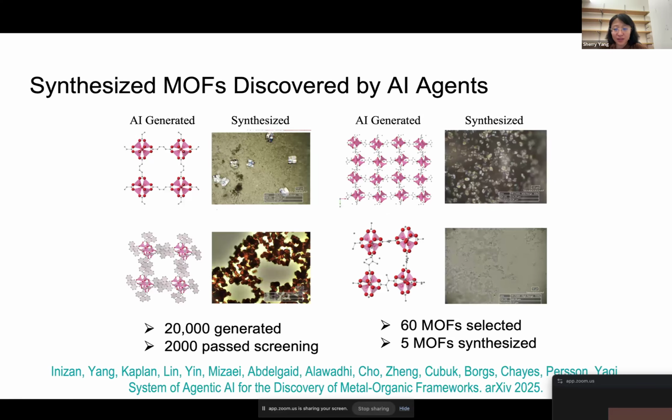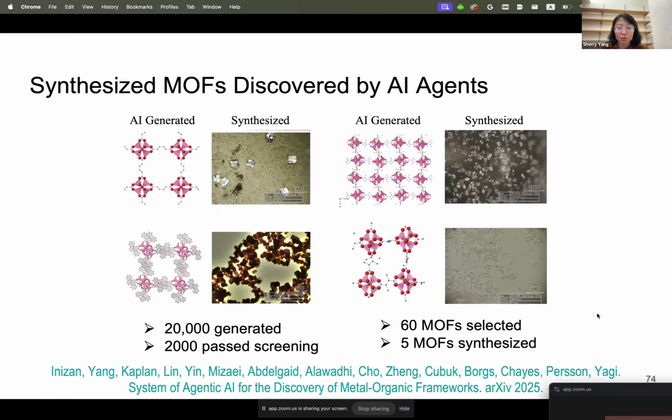So I think this is worth pointing out, where we actually were able to collaborate with experimentalists. Omar Yaghi actually recently won the Nobel Prize for his discovery of MOFs. Not for this work, because this work is pretty recent, but he's been working on ways to discover MOFs for a long time, and now AI is just a tool for him to discover MOFs that he has yet to discover.